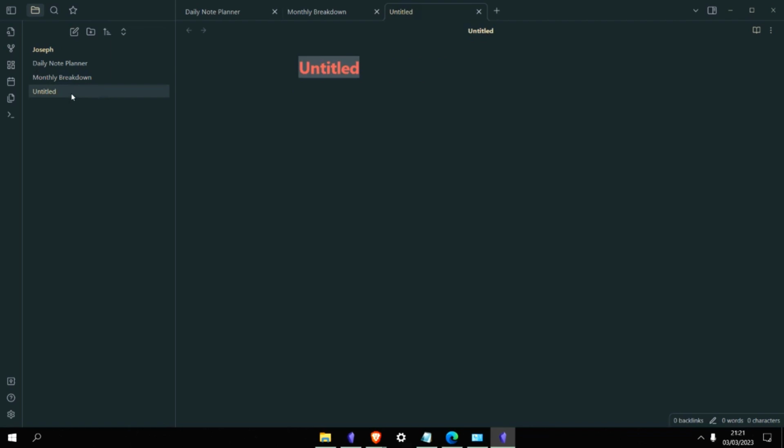And a third one, which is the complete vision for 2023. Now, as you can see, we have all these three notes created. So I recommend starting with your daily note planner,